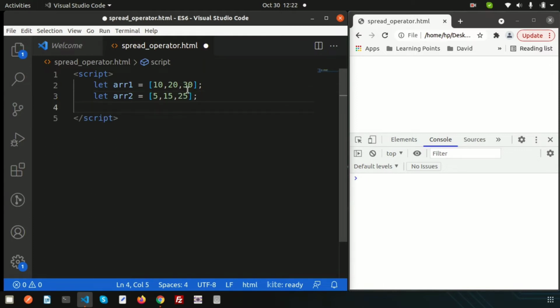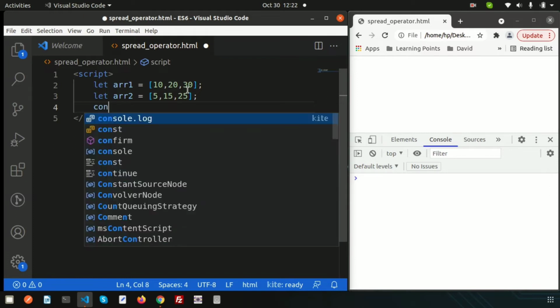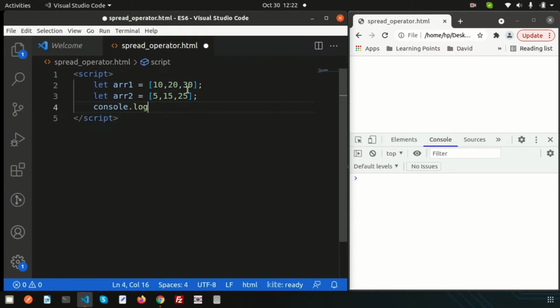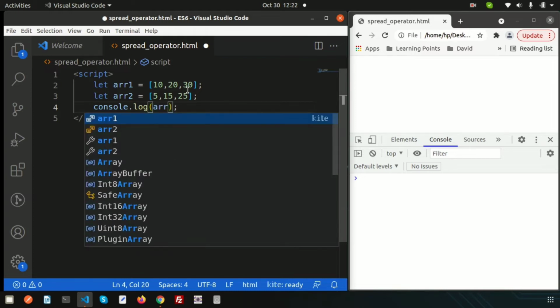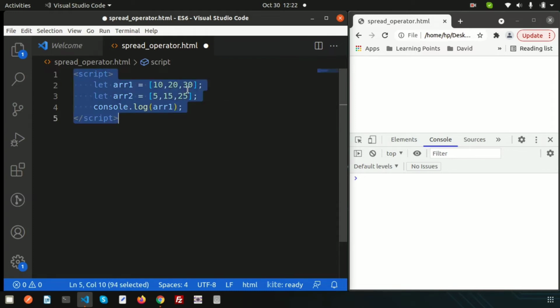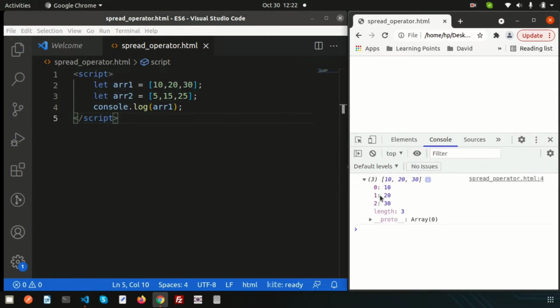So the requirement is to display both arrays at a time. To display the array we use console.log. If I simply write console.log(array1), save and refresh, we can see there are 3 elements, but I want to display array1 and array2 together in a single array.